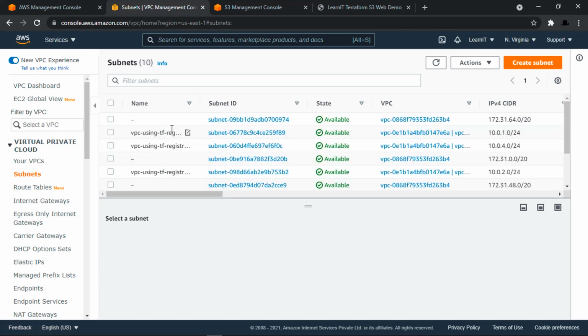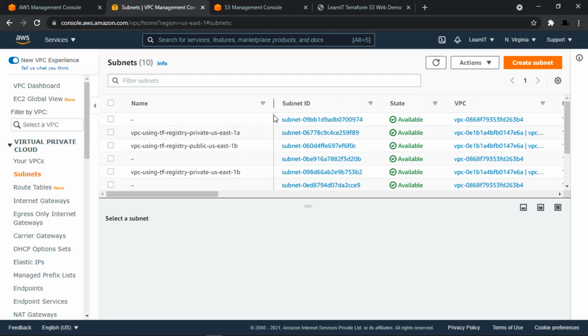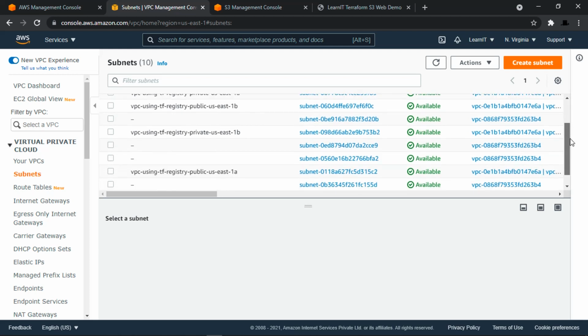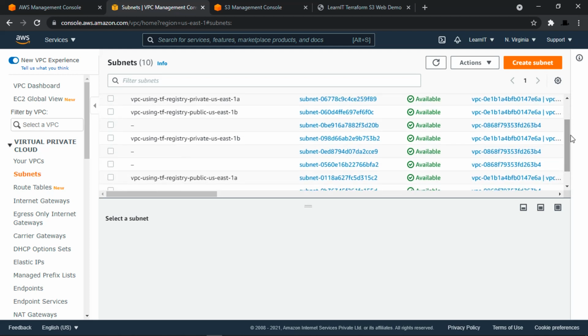So you can see we have our private subnets and public subnets, and there are 2 private subnets and 2 public subnets in different availability zones. The first one is in US East 1A, and the second public subnet is in US East 1B. Similarly, we have private subnets in multiple availability zones.